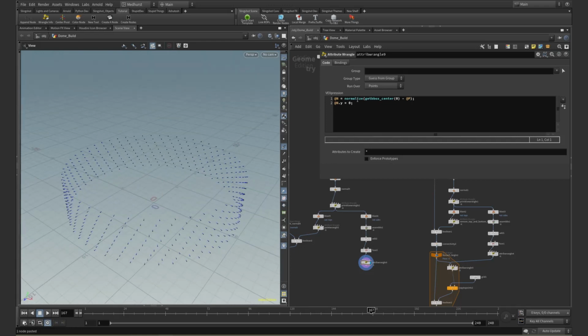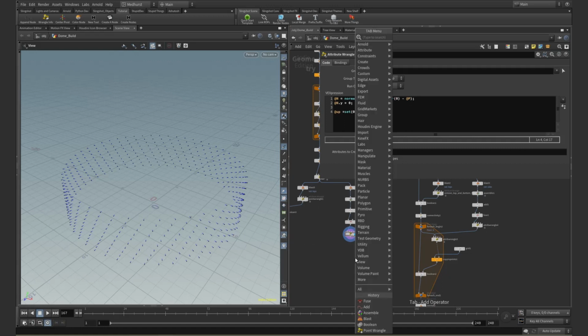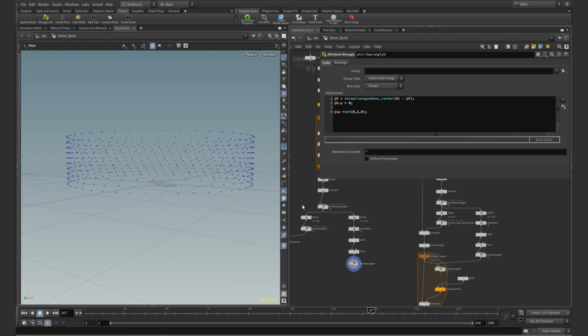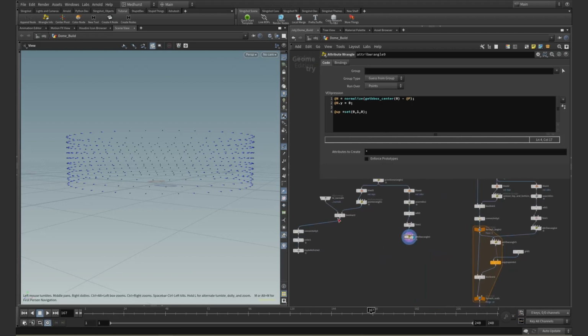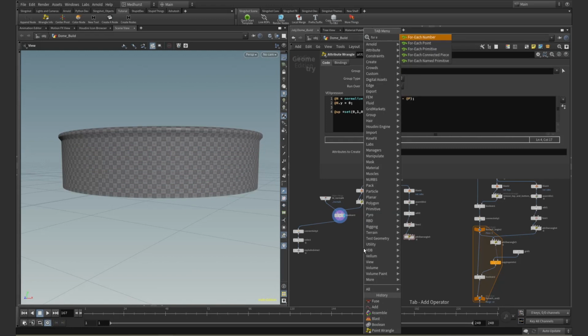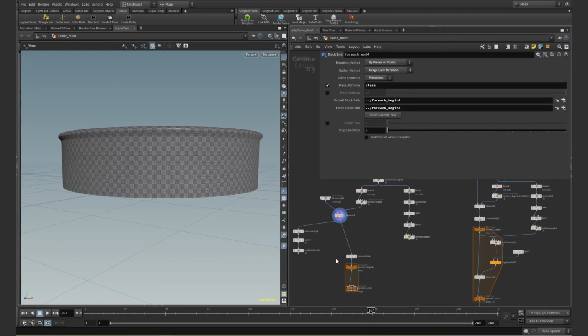That all looks good. And then I'm also going to create an attribute called up, which is a vector. So we're going to say 0, 1, 0. So now we've got this. So now what I've got is the ability to grab a set of points based on each of these, or each of these cut slices here. So I'm basically going to put down a for each connected piece,